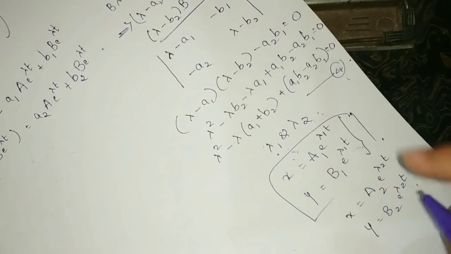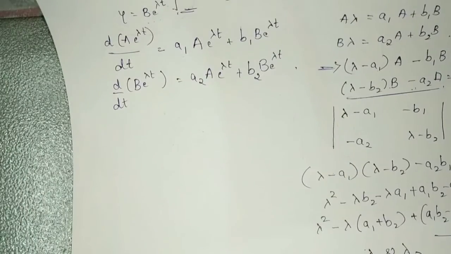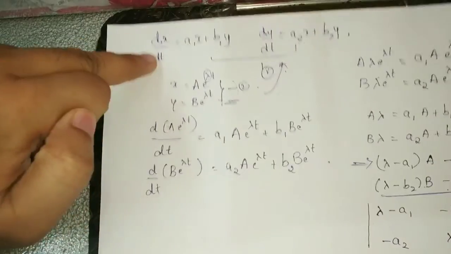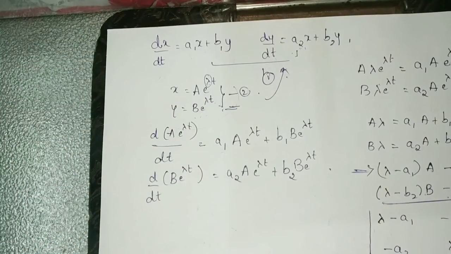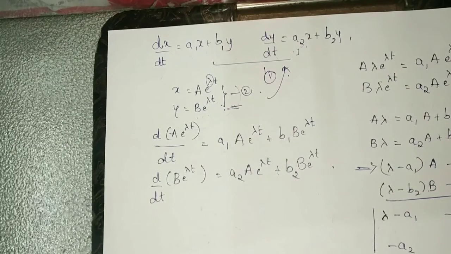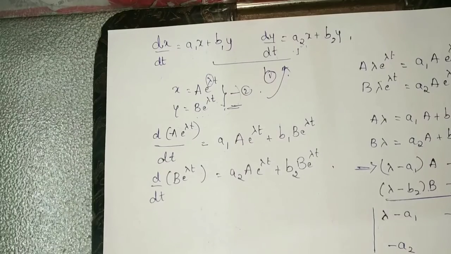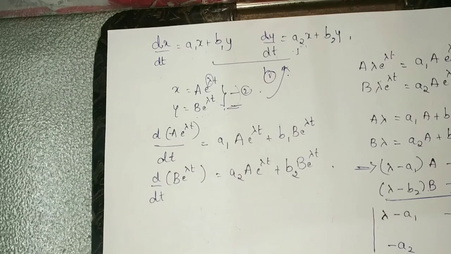Okay, these two sets of solutions we got from this differential equation. A system will contain two sets of solutions. Combining both the solutions, we get the general solution. Based on the value of lambda, we have three cases: when the roots are real and distinct, when the roots are complex conjugates, and when the roots are real and equal. We study all the cases one by one.